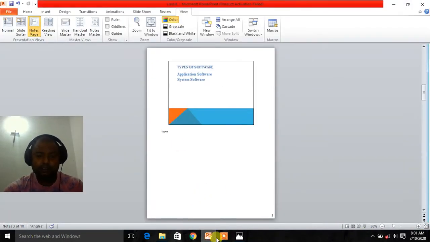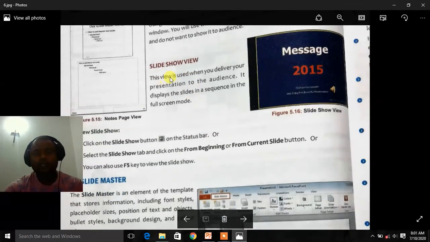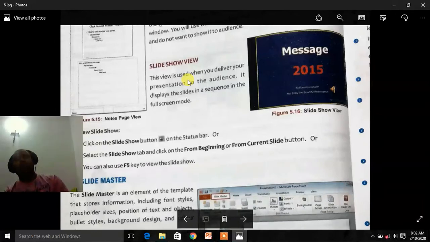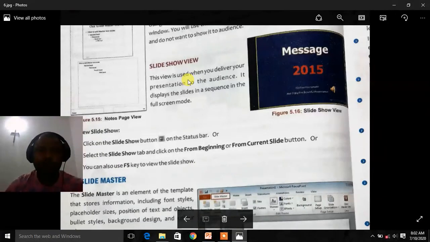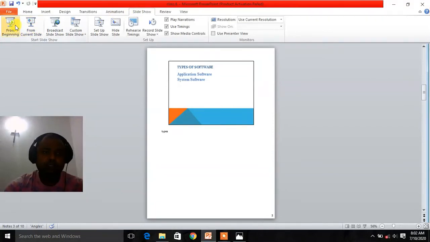And then last there is slideshow view, and this view is used to deliver the presentation to the audience. It displays the slides in sequence in full screen mode. Okay, so just when you want to show your presentation to your audience, use this.